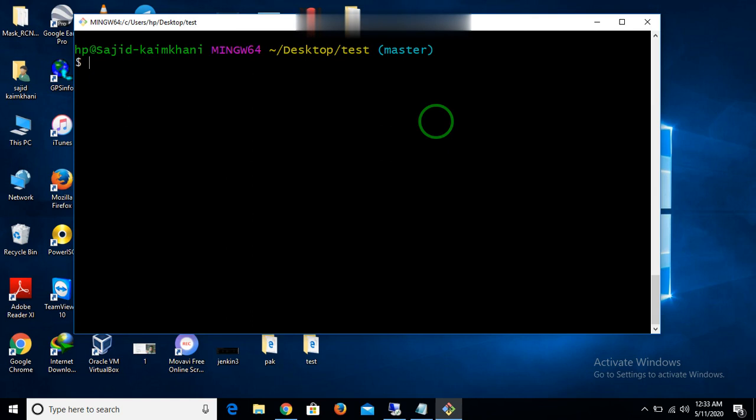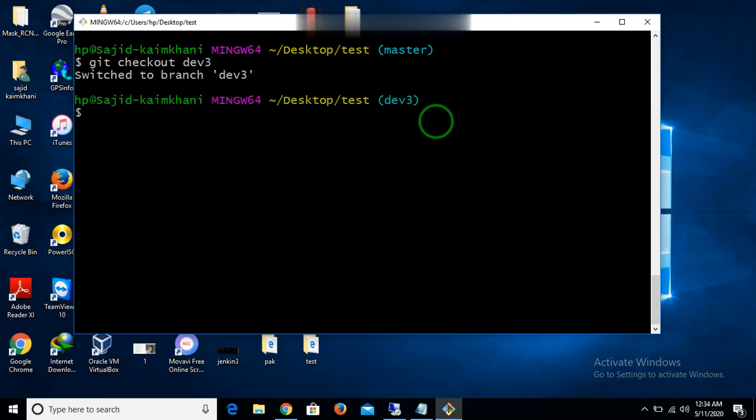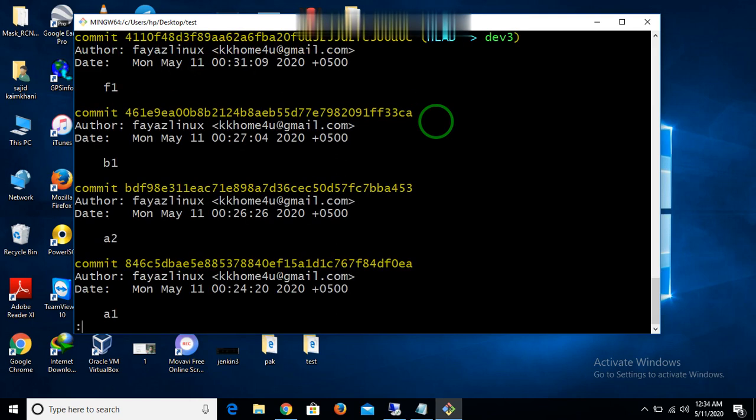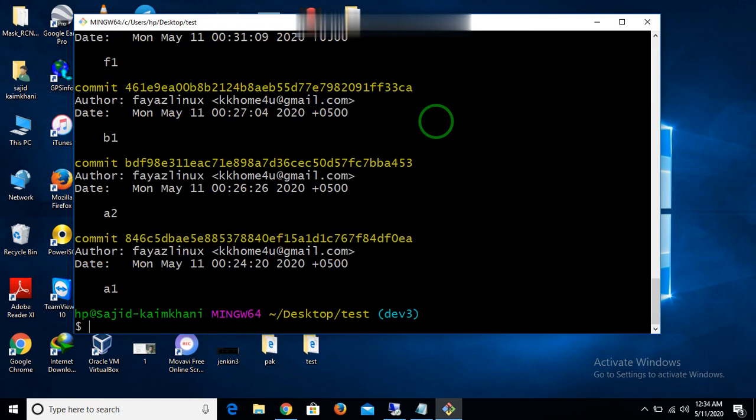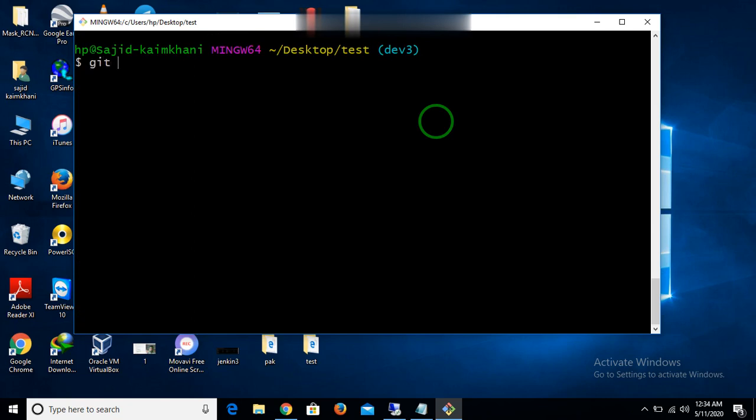Before merging into the dev branch, now we want to move data from master to dev. So you have to move to your dev 3 branch. Yes. Now I want to merge it. So git merge with whom do you want to merge?